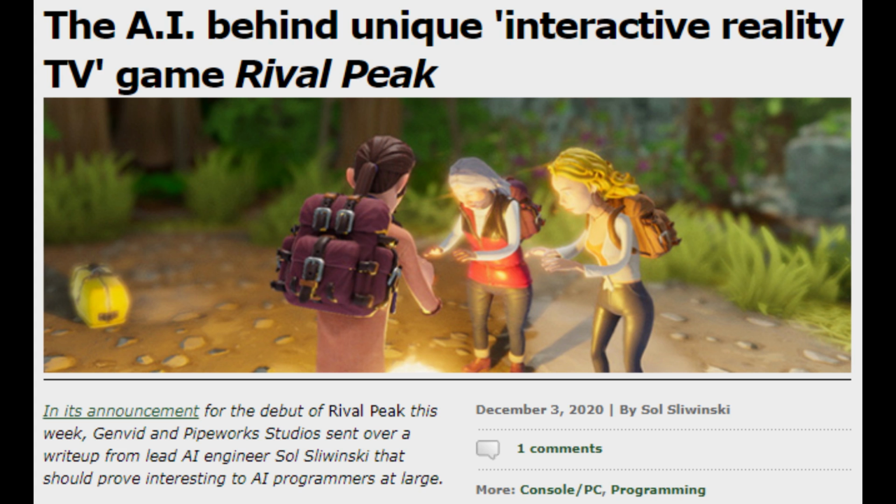In addition, FORNAP is completely independent of the state of the simulation, allowing the AI to scale up very easily, even to multiple machines. To create the equivalent of an interactive reality TV show, we built a custom domain for the FORNAP AI engine, which is domain independent. We also built a tailored simulation and an AI library, both specific to Rival Peak. Taken together, the AI stack at a high level looks like this.